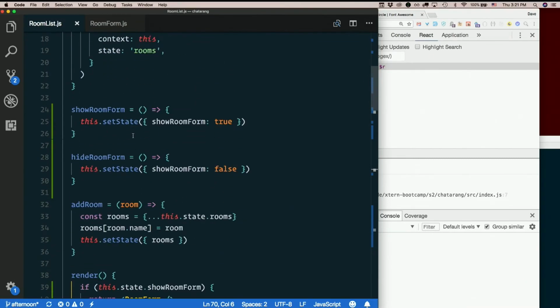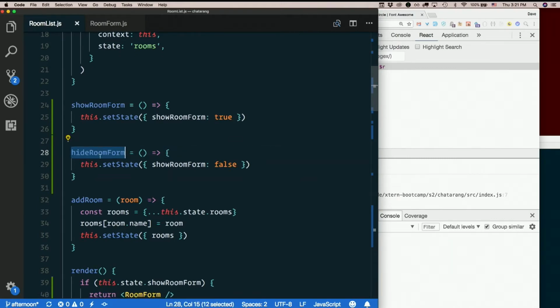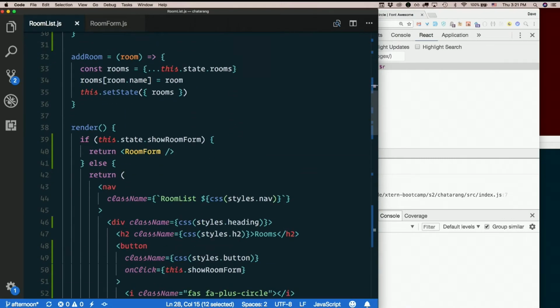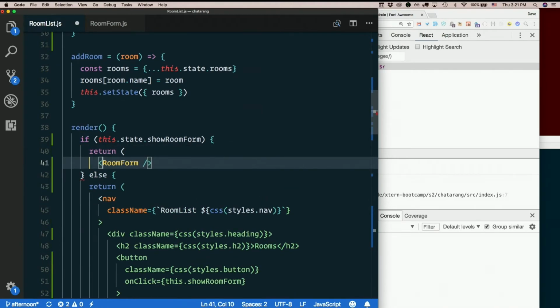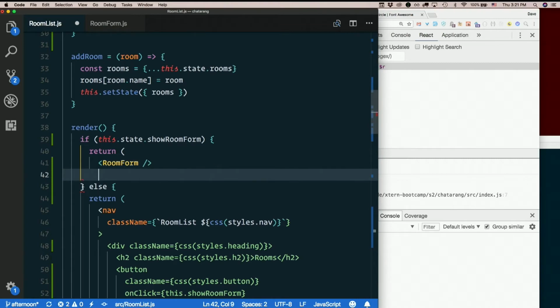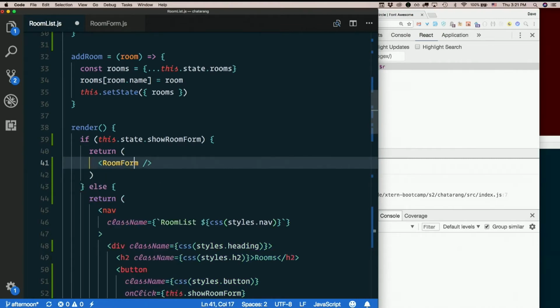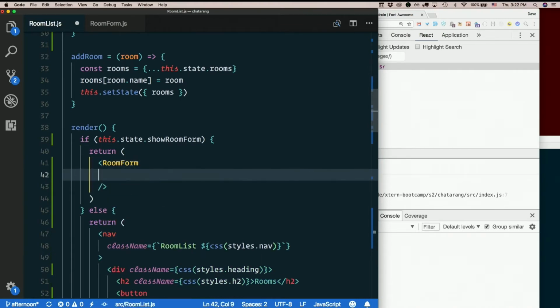So we have showRoomForm. We've already written hideRoomForm, right? So if we want to make the cancel button do that, we need to pass that down as a prop, right? We're old pros at this. So here's RoomForm. Let's just go ahead and put this on multiple lines before things get out of control. hideRoomForm equals this.hideRoomForm. And inside RoomForm.js,